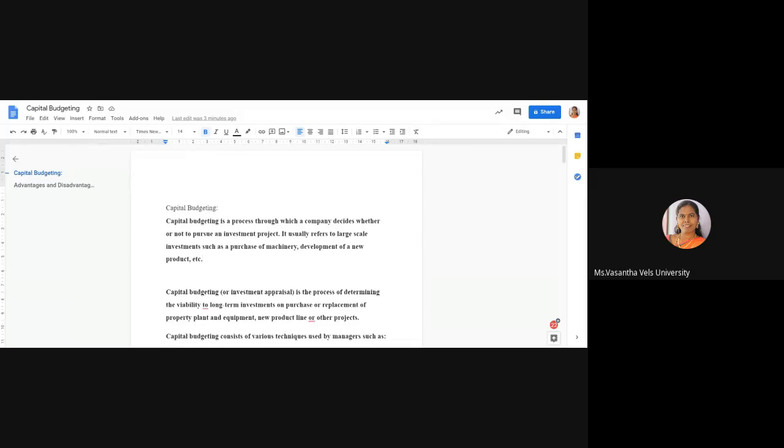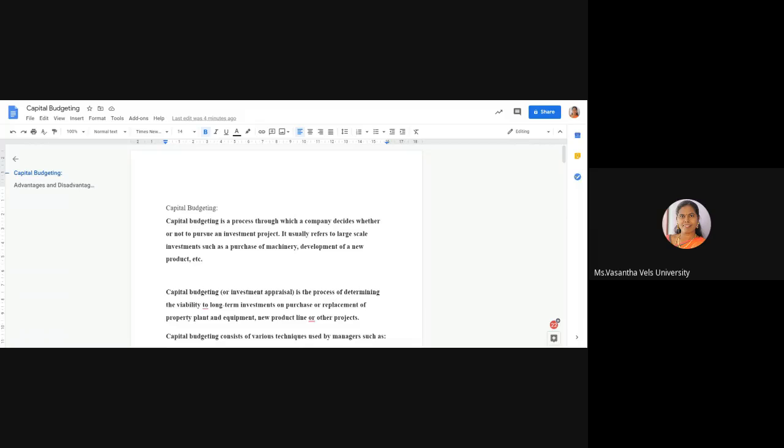Here, a capital budgeting decision will be taken when the firm invests funds for a long-term purpose. Example, purchase of machinery or undertaking a project. In that case, the firm may get a dilemma whether to invest in project A or project B. So in that case, with the help of the capital budgeting techniques, they will be able to evaluate the profitability of various investment proposals.